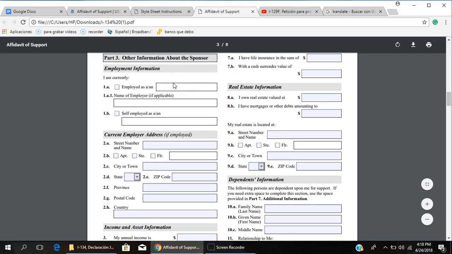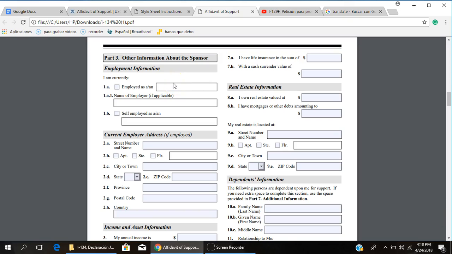Okay. Part 3. Other information about the sponsor. And I am the sponsor, so this section is for me. All right, they want to know what we do. What's our employment history information? Be specific about the type of job you do. Okay, if you are a software engineer or a manager or receptionist, a hotel owner, so you have to be very specific. Okay, so I'm gonna say